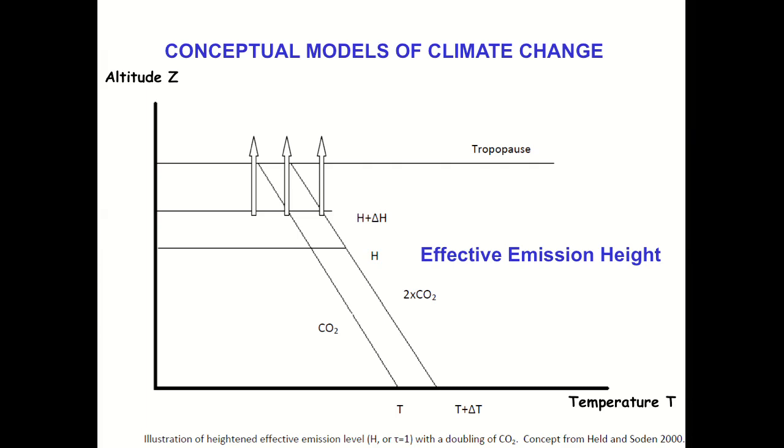But what we now want to do is, of course, suddenly increase the CO2 concentration. So in response, the system is going to eventually warm up, leading to an increased temperature across the entire atmosphere. Let's assume it's the same lapse rate. So the surface temperature goes up by an amount delta T, and also in response the effective emission height is going to go up by another small amount delta H. So that's a simple concept that we have to keep in mind.